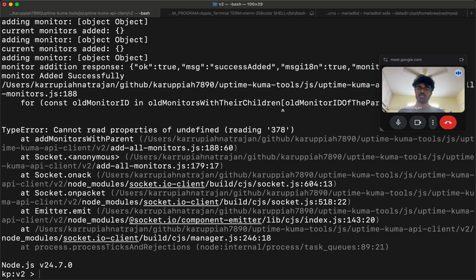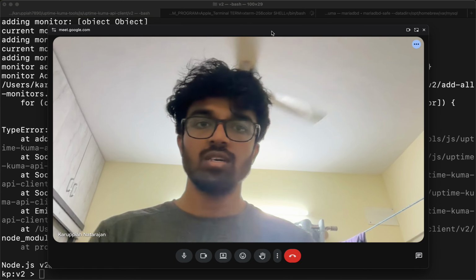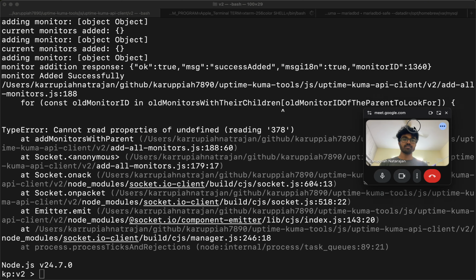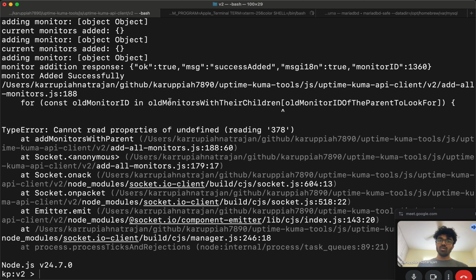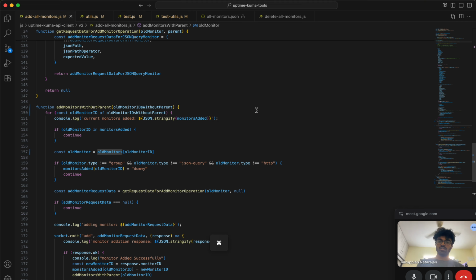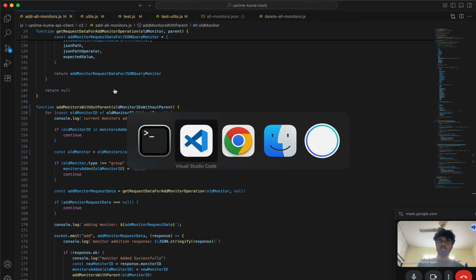Let me see if I can add this. It says something is wrong. Just a moment. Oops. So it says monitor added successfully for the first one, and then the second one it says cannot read properties of undefined reading 378. Okay. So it is old monitors with their children of old monitor ID of the parent to look for. Okay. This is line 188. Okay,